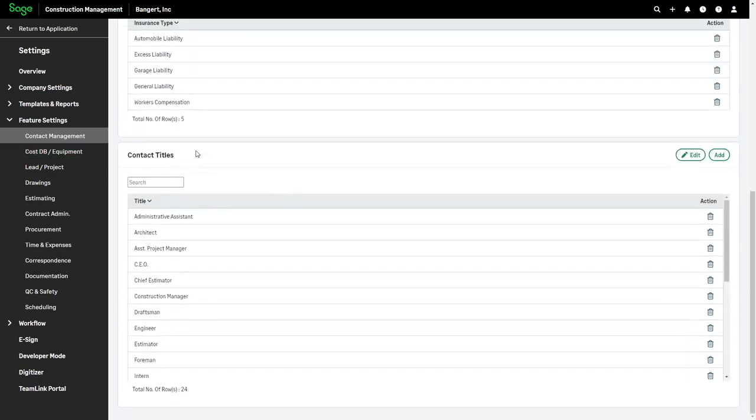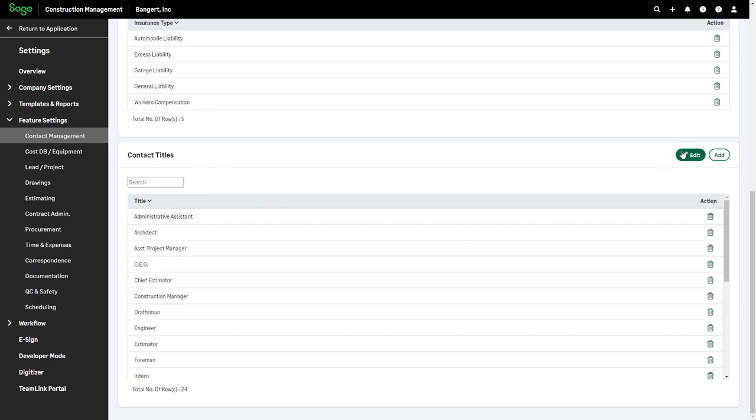And then the last part in here is the contact title. So when we start setting up contacts, what are the different titles that I want to be available? There again, maybe I want to go off and do some sort of a report or a form that can pull up all the contacts that are flagged as an estimator or a CEO or things of that nature. So it's just basically trying to standardize titles to keep people spelling them consistently and being able to use them for filtering and so forth.